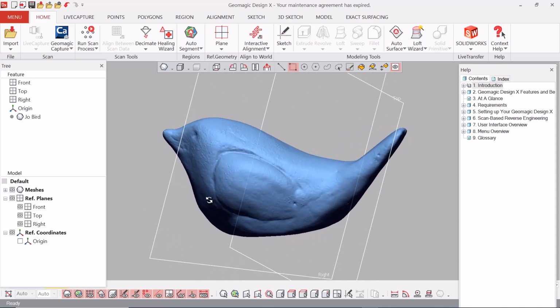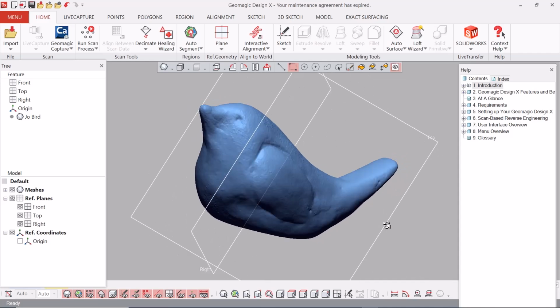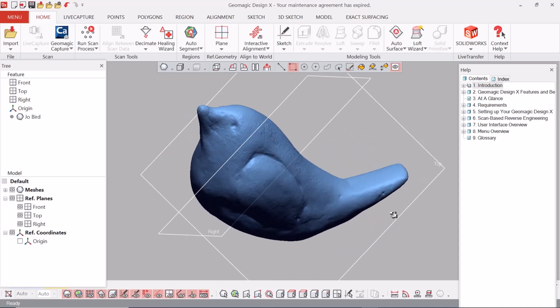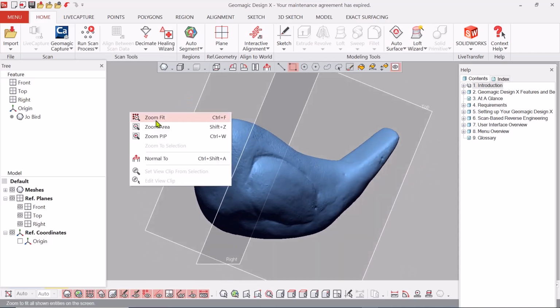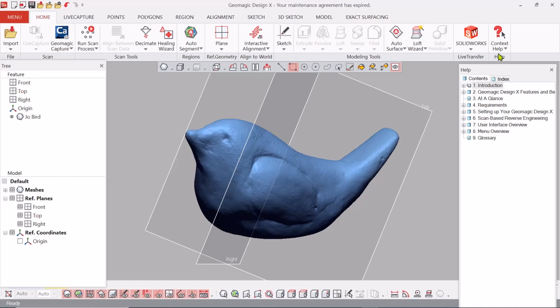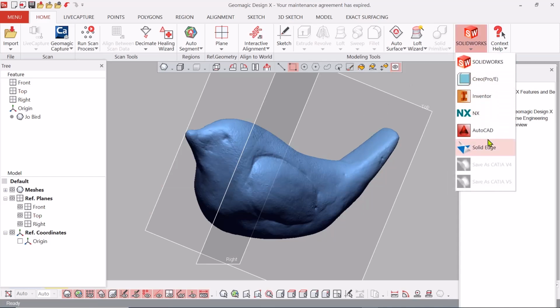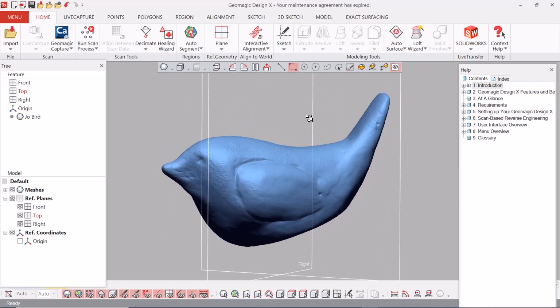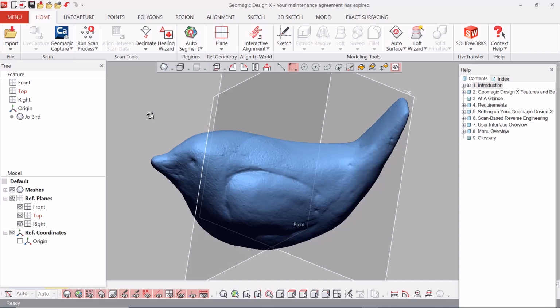If you want to convert this STL file, you have to create the surface, then you can transfer it to the following software: Solidworks, Creo, Inventor, AutoCAD, Solid Edge. You can convert it as a live transfer to this software. After that, before that I have to create this as a surface or any